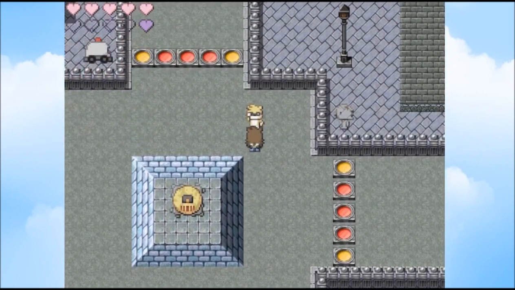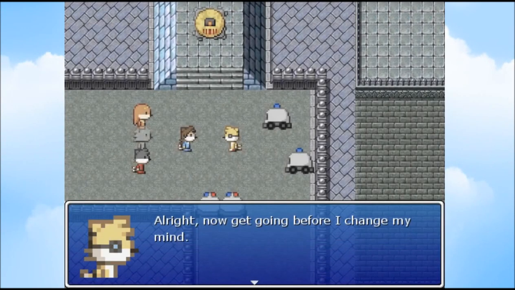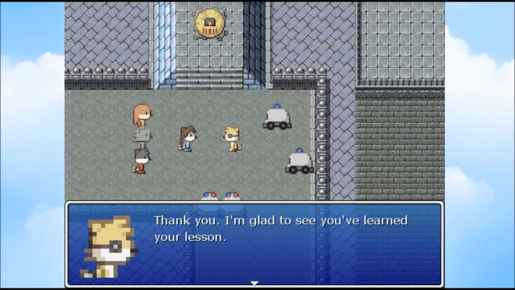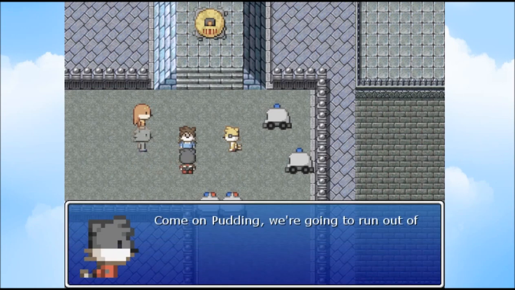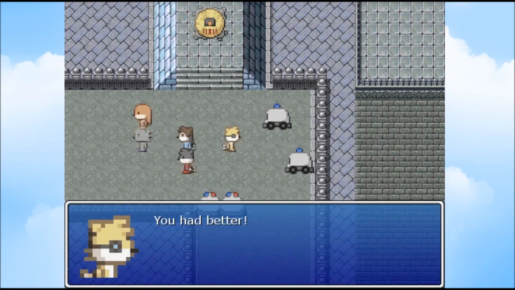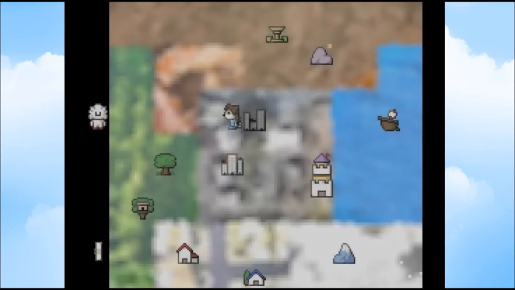So yeah, turn around and you're done. And that's it for Miles' role in this game. Oh, there's this cutscene. He's in a lot of the bonus scenes though, but God, he is an entirely different character. I forgot how nice he was in this. I mean, he is always nice to Pudding, but how just okay, yeah,